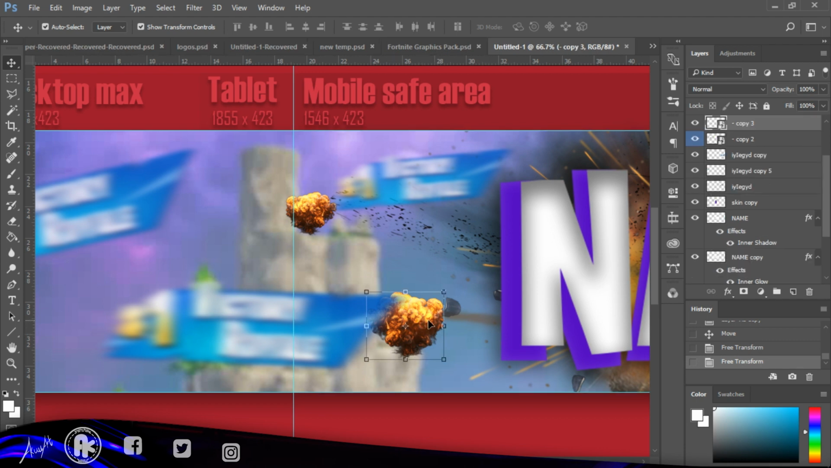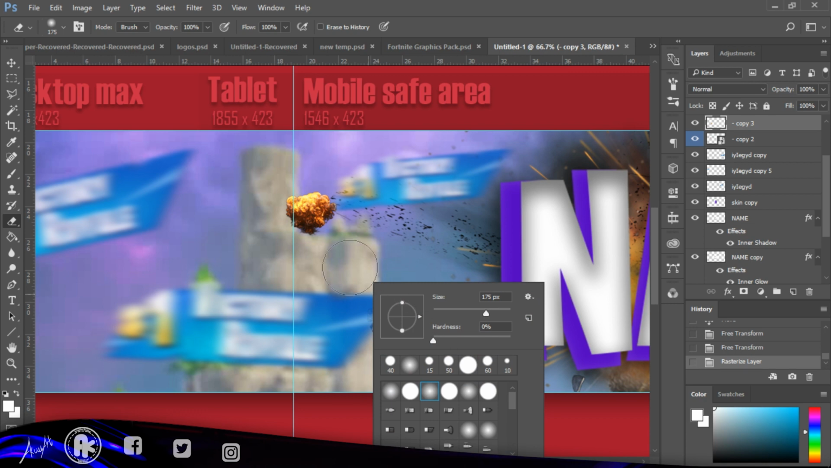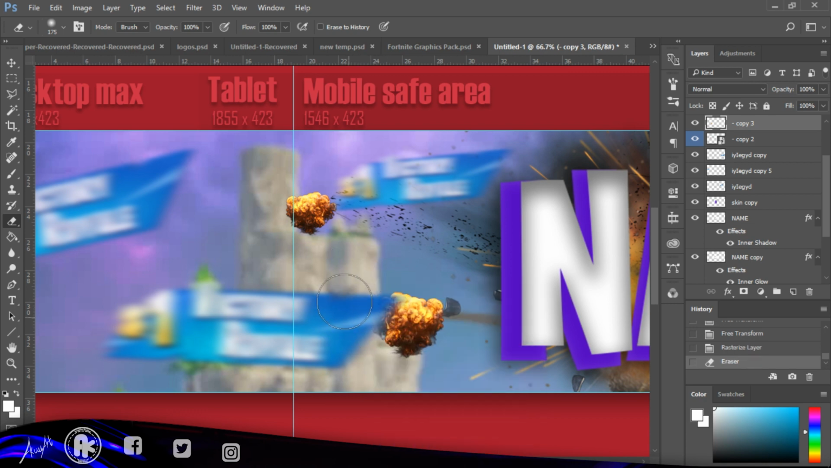Get mixed up with that a lot. But yeah, that's gonna be good. And now you can get your rubber, put the hardness to 0, and just go on the edges there and there. You need the same to the other one, because what we're gonna do here is